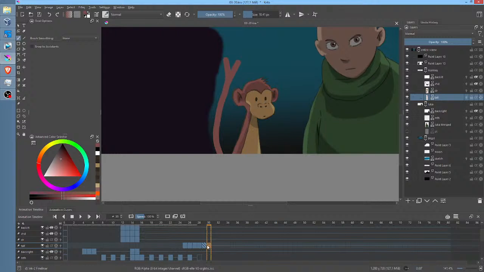One thing I like to do with Monkey, I know this is a little weird, a little hard to understand maybe, but what I'm trying to do is whip his tail into this.